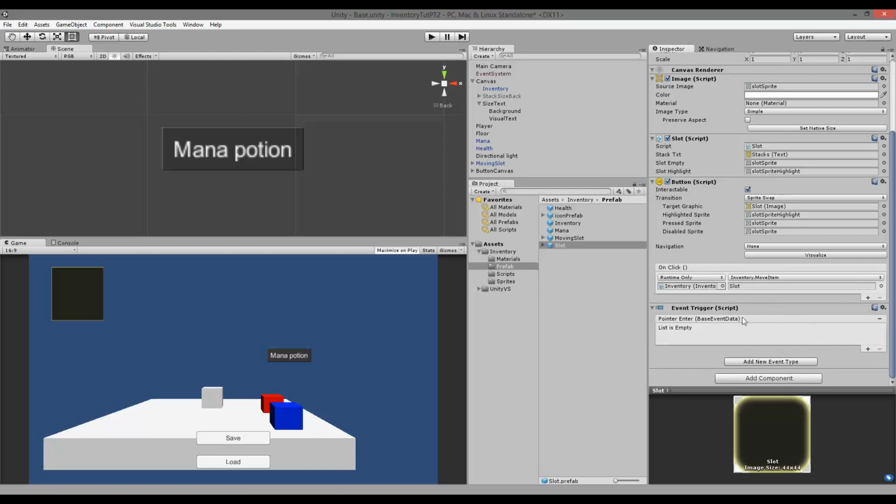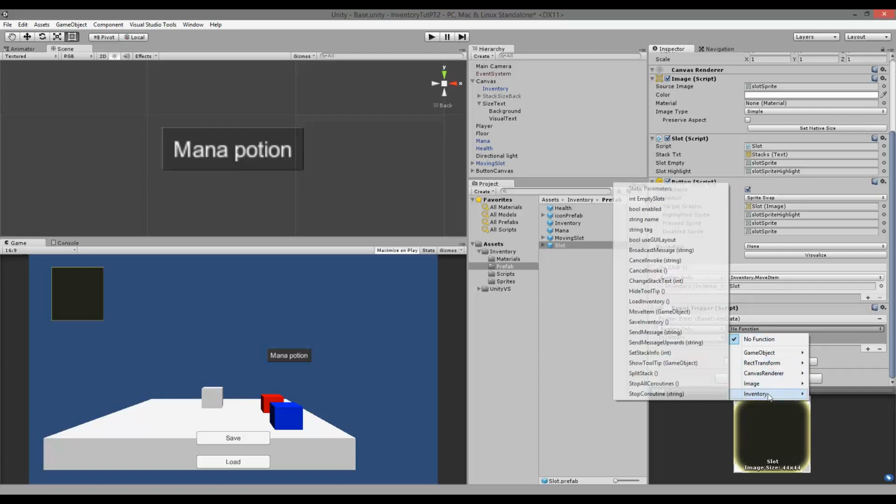When you've added that, a new box will pop up, and you can add a new script here, so that it will fire a function whenever this event happens. So we added a pointer enter, which means that we'll fire an event whenever the pointer enters the slot. So you click the plus button, and then you take your inventory and drag onto, sorry, not that inventory, of course. You take the prefab inventory here and drag onto the empty slot here. Then you click on the function, go to inventory, and then you find the function called show